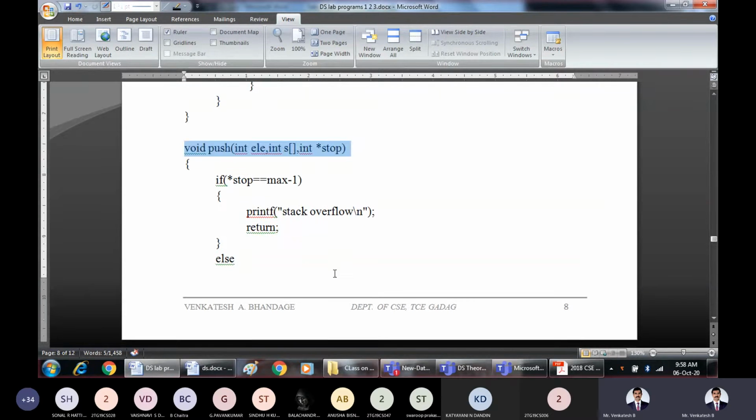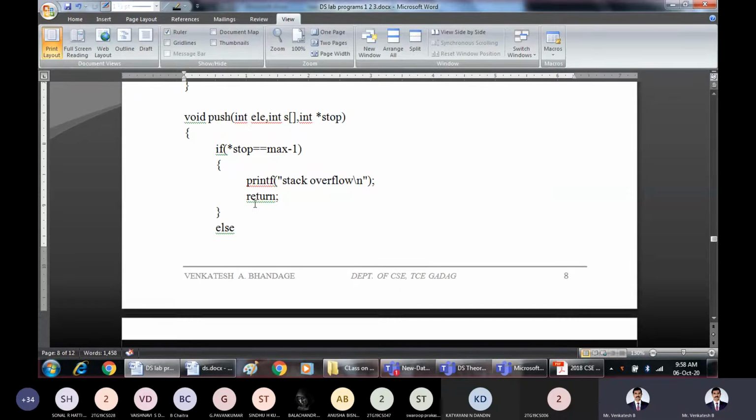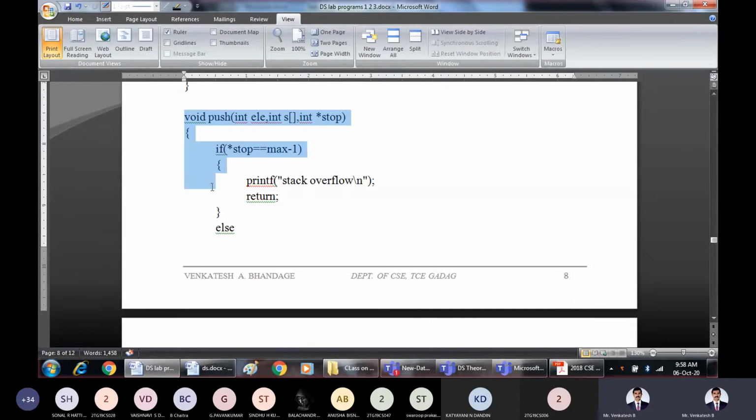What we want to do is insert an element onto the stack. So this element is going to contain a value of 10, because we are trying to insert 10.